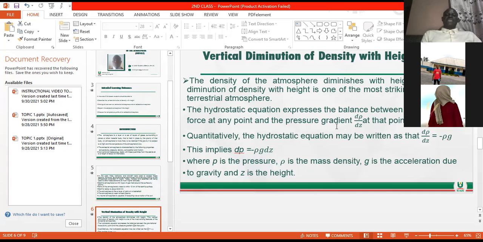So you start by saying the hydrostatic equation expresses the balance between gravitational force at any point and dP/dz, the pressure gradient at any point where a gravitational force is felt. And we said that the hydrostatic equation may be written in this form: the pressure gradient is equal to the negative of the density and the acceleration due to gravity, and the height in question is z. So moving on, we have it that,